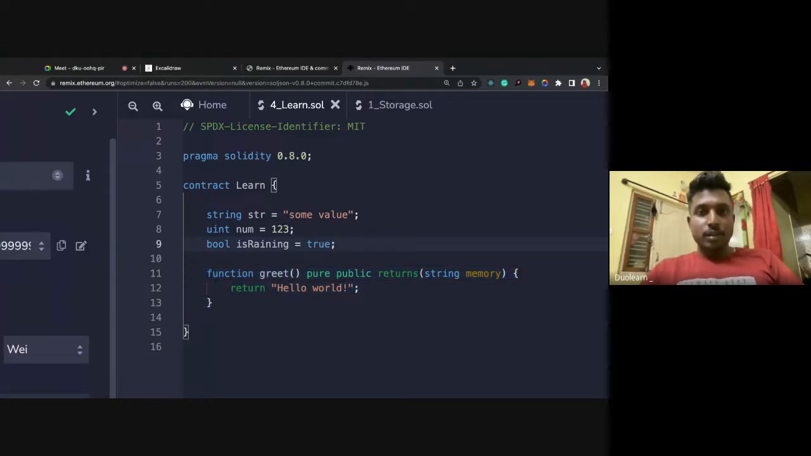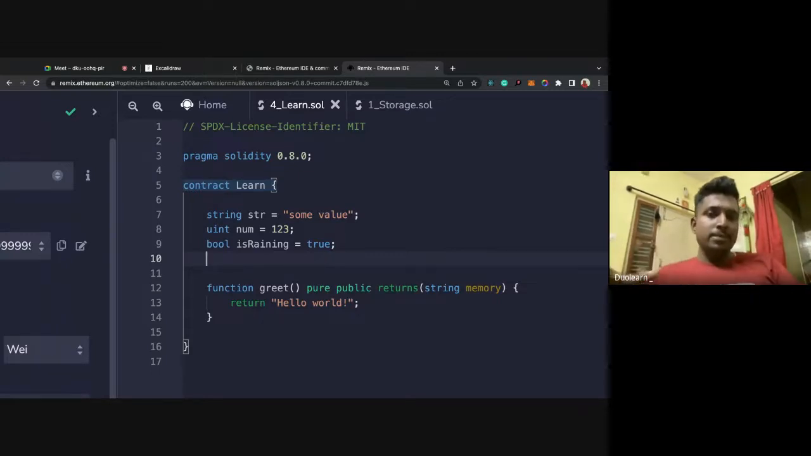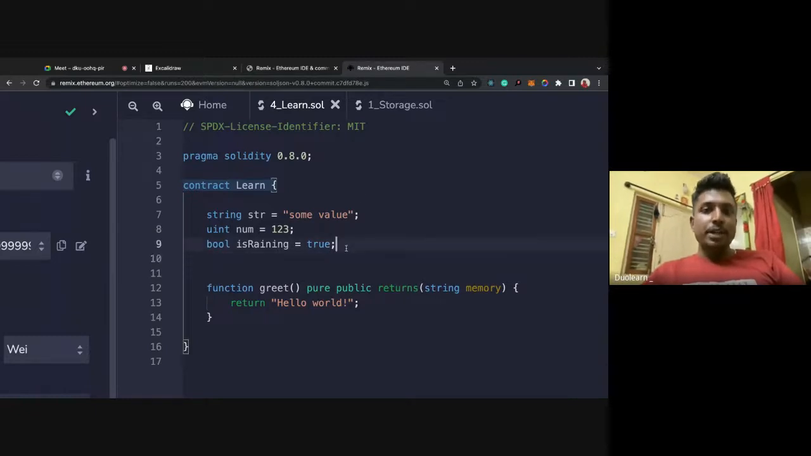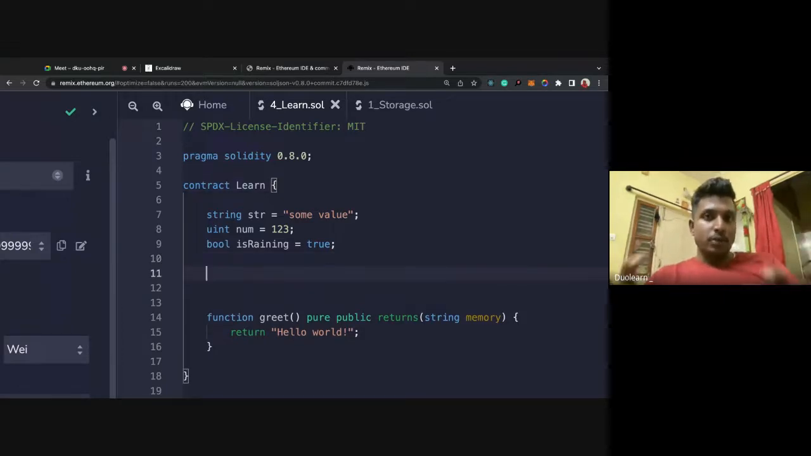Okay, there are some more data structures like arrays and everything. We don't use arrays much; we use mappings a lot, so we'll keep arrays aside for now. Let's jump into the mapping. Mapping is very important for you guys. These basic structures are something you can self-learn. We'll just learn the important concepts required to understand the standard contracts